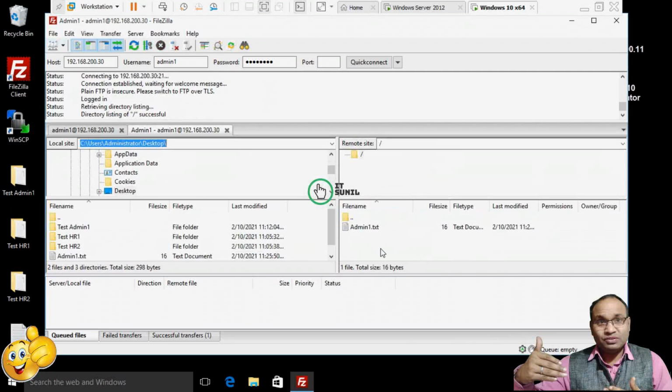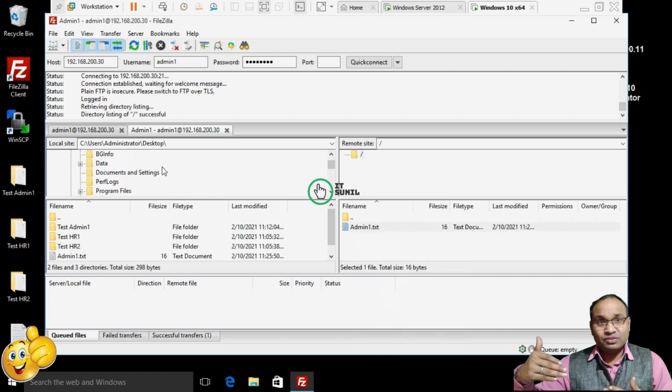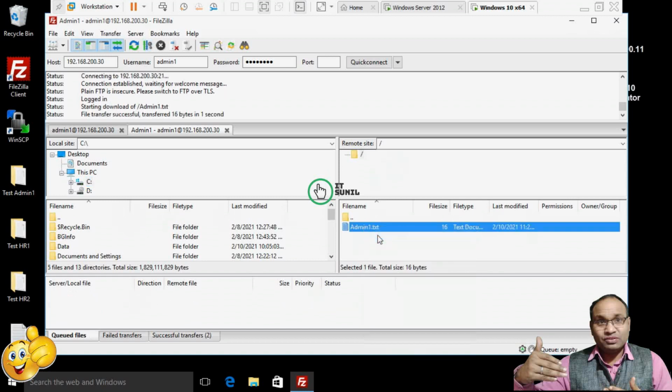If you want to download any file from FTP, click here and download whatever you want. Select here. This is the local path actually, and this is the remote path. Just right click here and download.